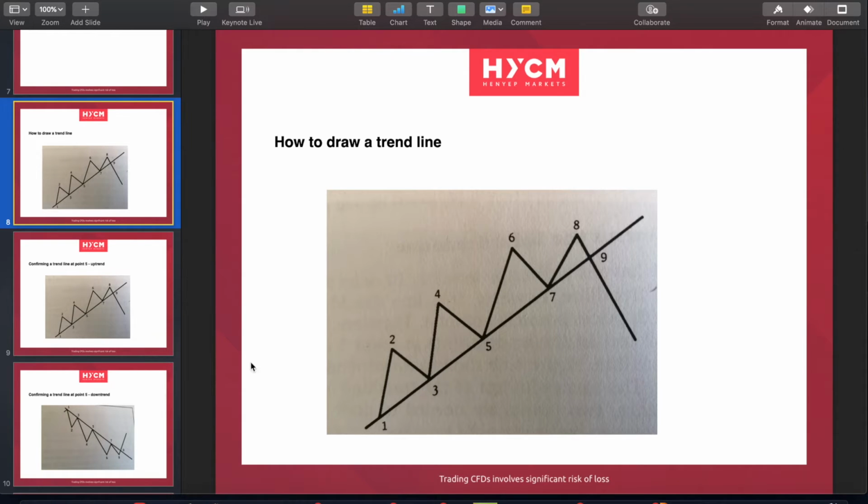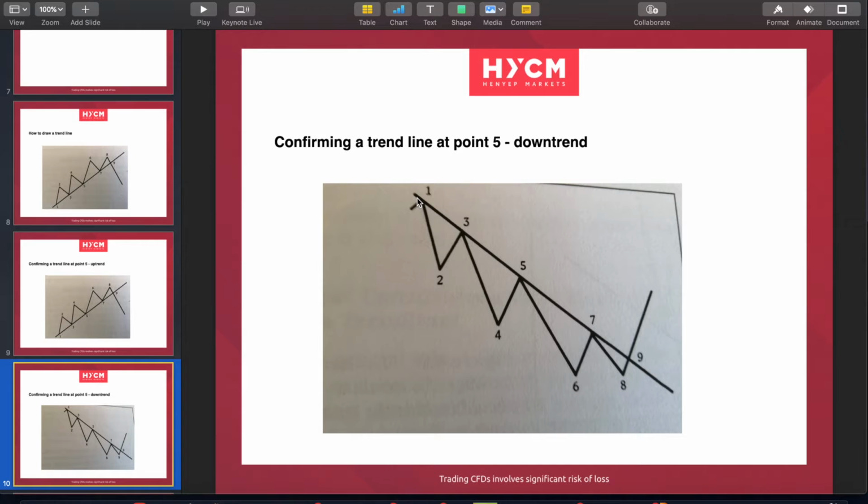Okay. Now in a downtrend, it's exactly the same. You want to have a rally high, and then another lower successive rally. And at this point, once price moves beyond the 50% point of that second to third wave, or takes out that second trough there, you know you have a successive rally peak 1, 2. So that's when you would draw the trend line, when you have those two successive rallies